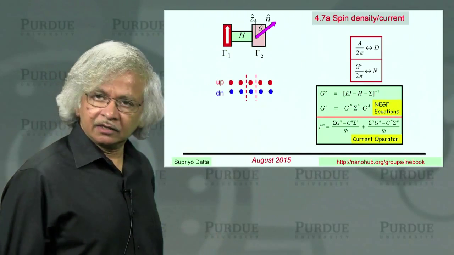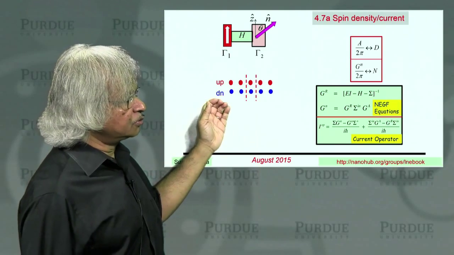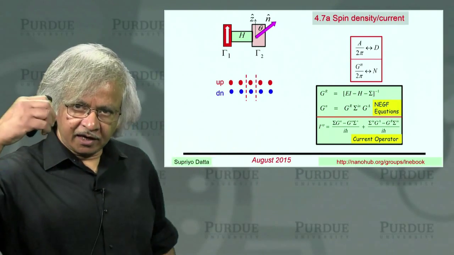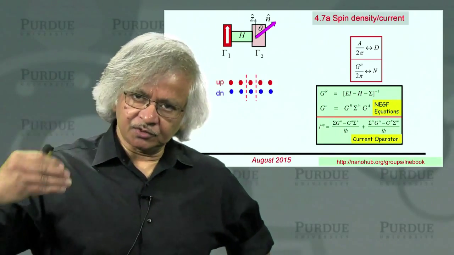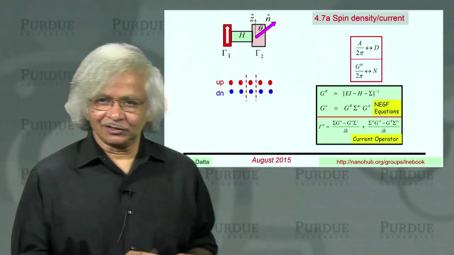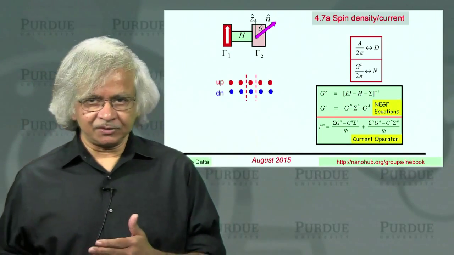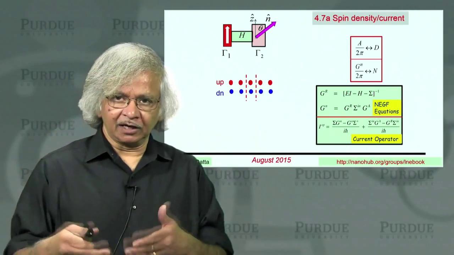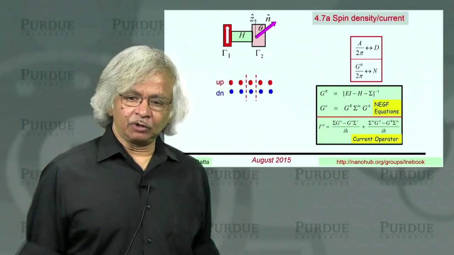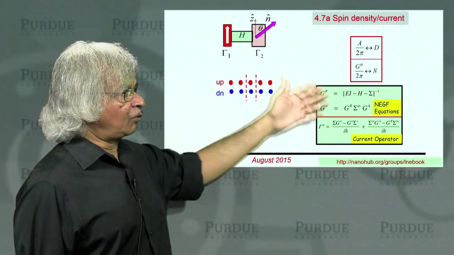that describe the contacts. And one key point, as I mentioned, is when you include spin, you have twice as many basis functions because every upspin basis has a corresponding downspin basis. And so compared to the spinless description, you have matrices which are twice as big, like 5 by 5 becomes 10 by 10.